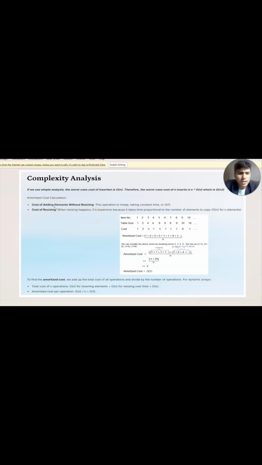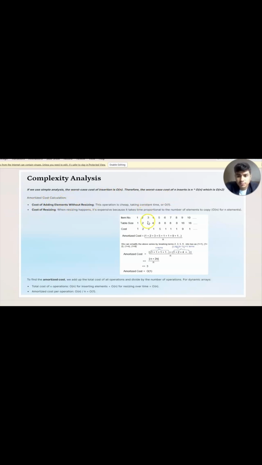If we use simple analysis, the worst case cost of insertion is O(n). Therefore, the worst case cost of n insertions will be n times O(n), which is O(n^2). Now let's see the amortized cost.